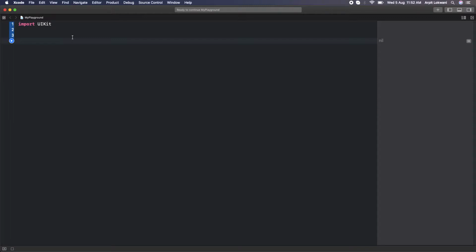Now what are tuples? Swift introduced a basic type called tuples, which is basically used to group multiple values into a single compound value. You can use them when you want to return multiple values from a function, and for error handling also. So let's see the practical coding now, what to do and how to do it.